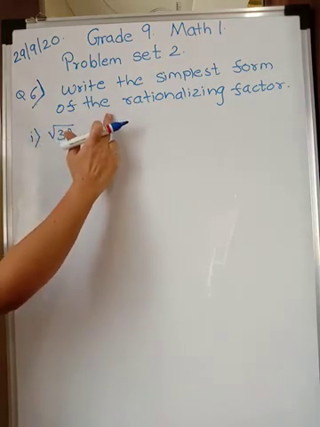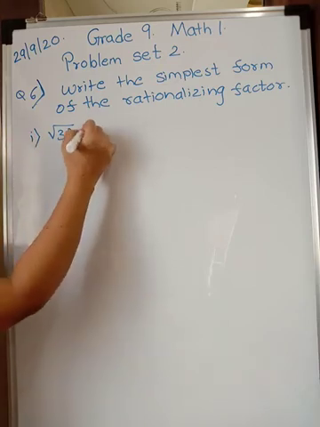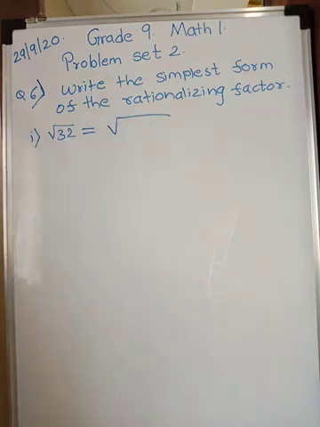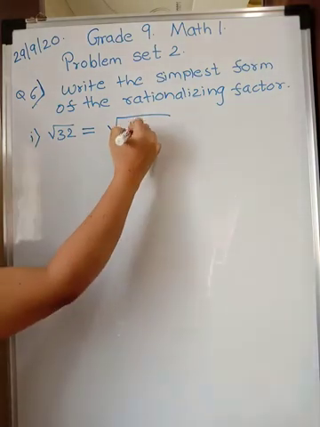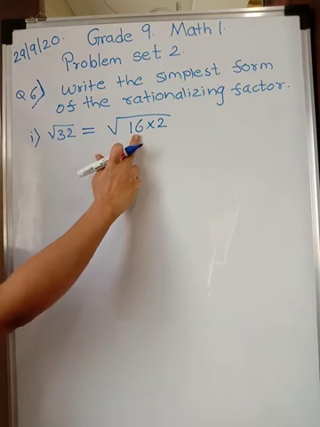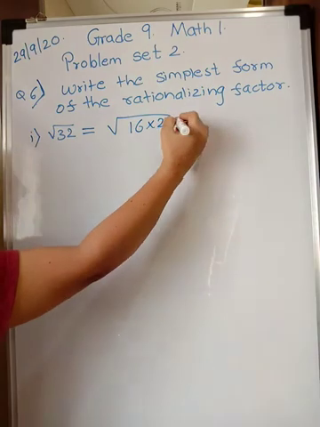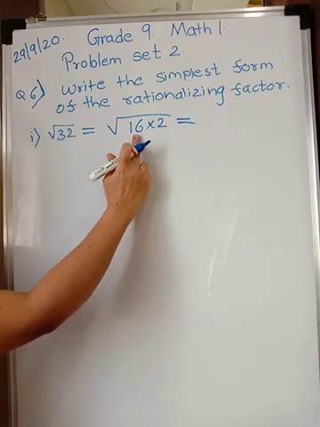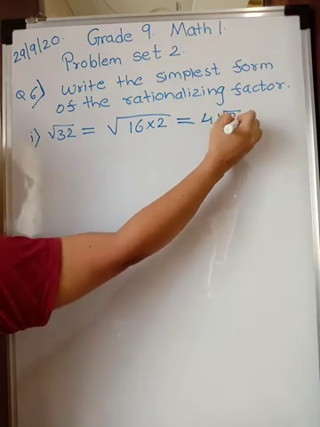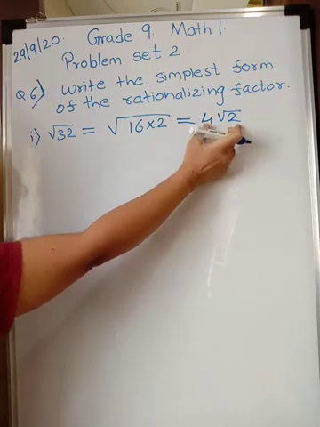So when a question like this comes, first convert this into the simplest form. So let us convert this into simplest form. This is equal to root of 32. What is 32? 32 can be written as 16 into 2. 16 twos are 32. Choose such numbers that one is a perfect square. Are you understanding me? So 32 we have written as 16 into 2, and now I am writing this as root 16 into root 2. But what is the square root of 16? 4. So 4 root 2. So root 32 is as good as 4 root 2. Now we are going to convert this into a rational number.